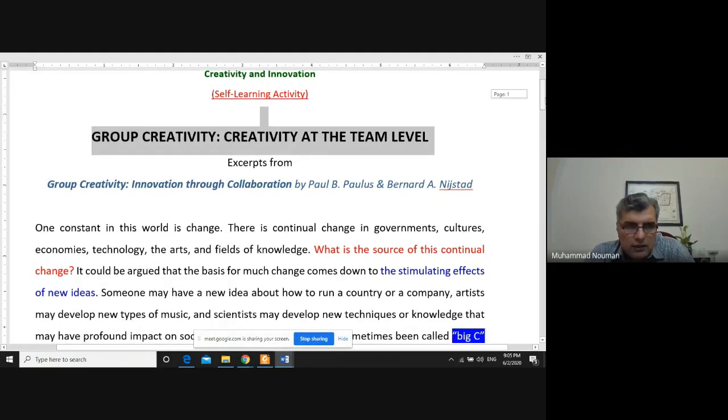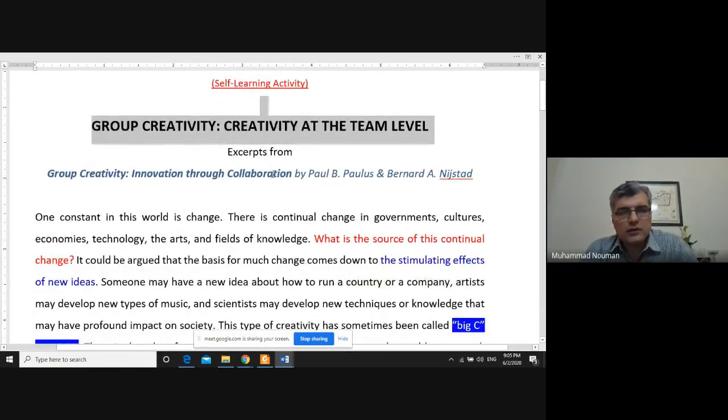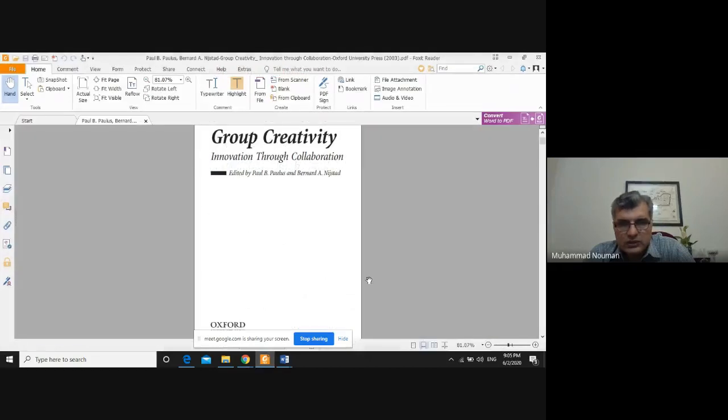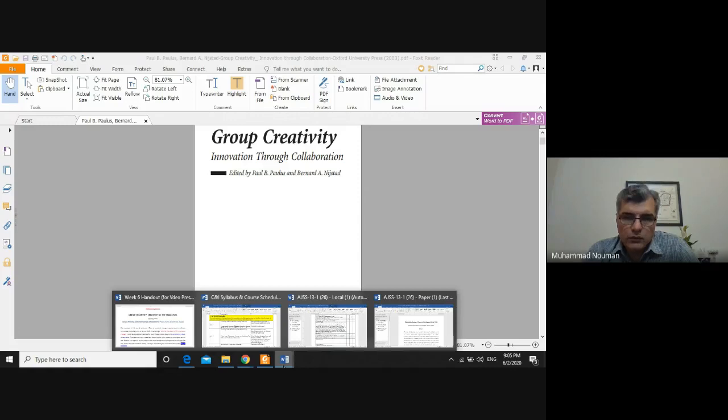Now, please note that this handout is based on some excerpts from a book. A copy of this I had shared with you. It's titled Group Creativity, Innovation Through Collaboration, and it has been written by Paulus and Bernard Nijstad. Obviously, the book has many more details, as you can see, and I'm showing you a copy of this book. This is available online also. We are not supposed to read the whole book. I'm just simply sharing this as a reference text for you to understand that some of the points that are mentioned in this handout that I'm going to be talking to you about are derived